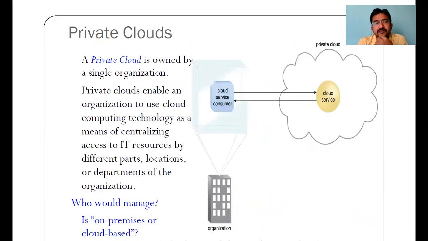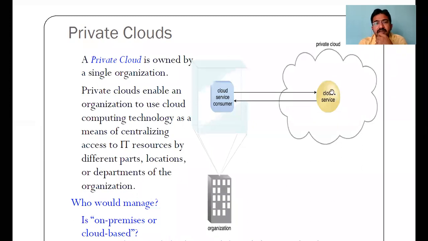Now coming to the third one, private cloud. As the name indicates, it is private. Only a single organization can access it. For example, now you are accessing Niva. Niva is only for the users, the students of Vidyaniketan. Other people can't access it, because it is created by the Niva office, with a username and password for each user. So only a single organization is accessing it.